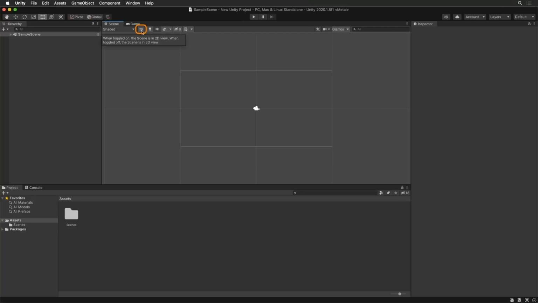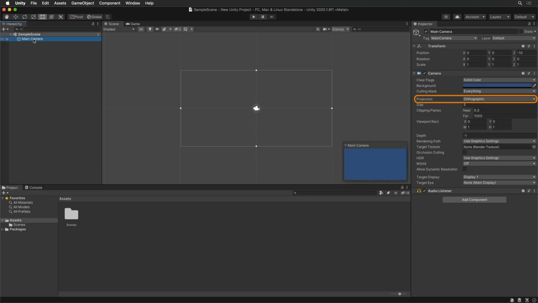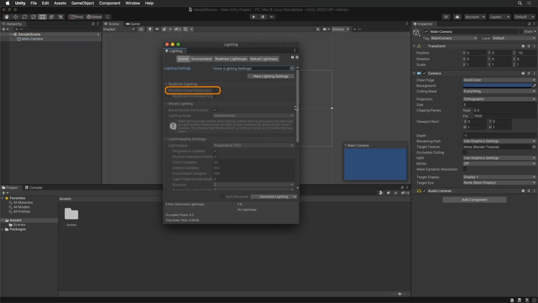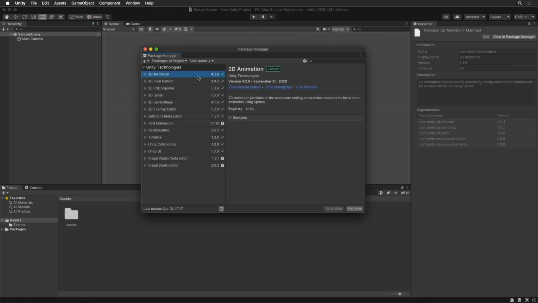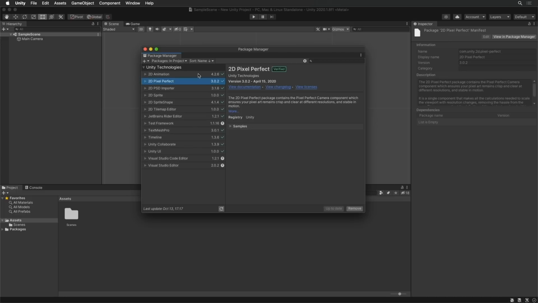The default scene uses a 2D view and comes with a camera set to orthographic projection and clears to a solid color. The editor is set to 2D mode, which means that new textures are imported as sprites. Also, all real-time global illumination has been turned off by default. The 2D template pre-installs all the 2D packages. This includes 2D animation, 2D pixel perfect, 2D PSD importer, and 2D sprite shape, as well as all the necessary